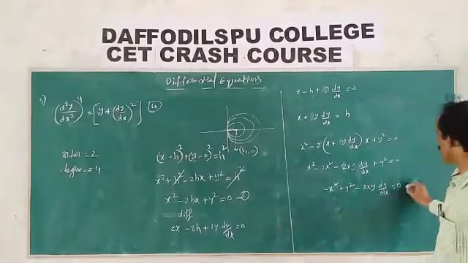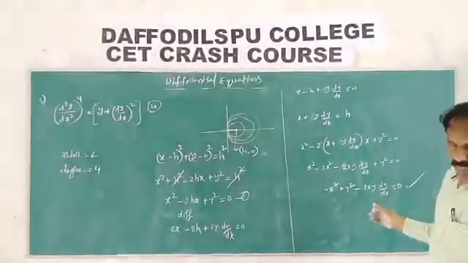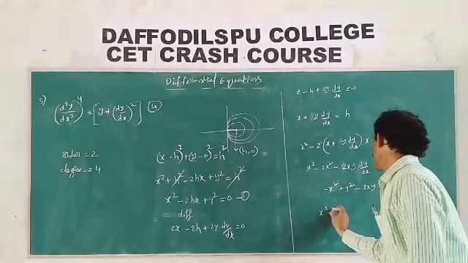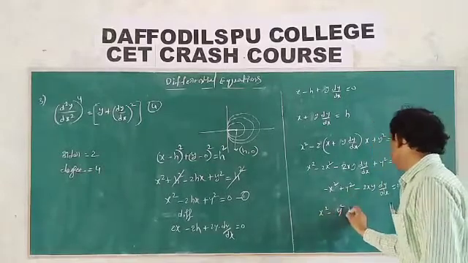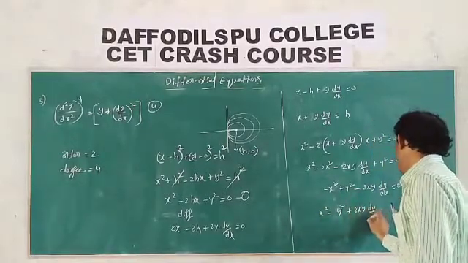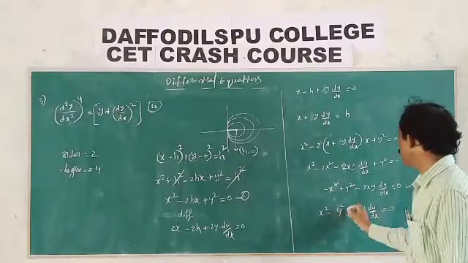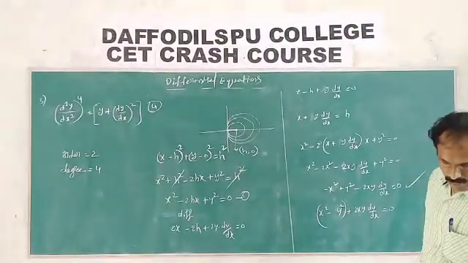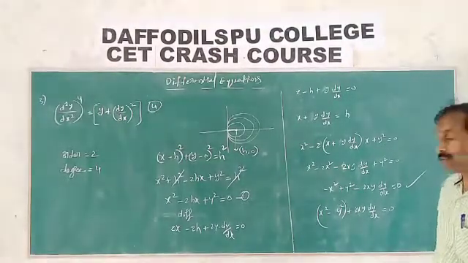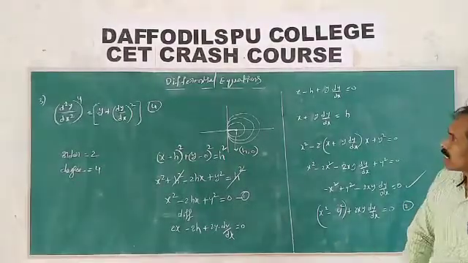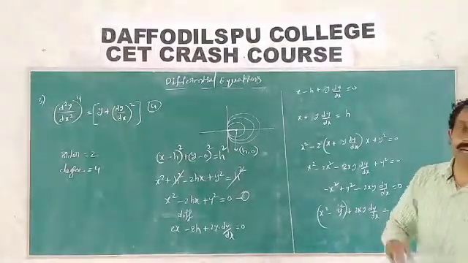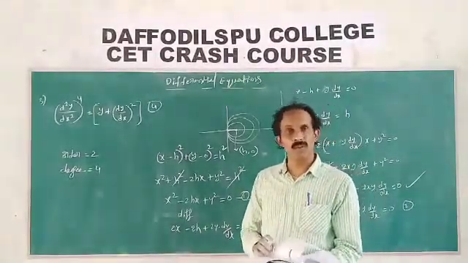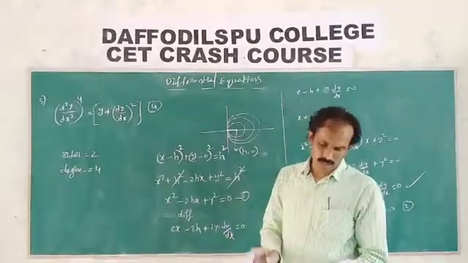Minus take down. So this is correct, but the options do not have it in this form. So take minus. Minus means, therefore, x square minus y square plus 2xy dy by dx is equal to 0. Therefore, x square minus y square plus 2xy dy by dx is equal to 0 matches only the second option. The second option is the correct answer. Like this, family of circles, family of parabolas touching x axis, touching y axis, family of ellipses, family of hyperbolas. That type of problems constitute the theory also.